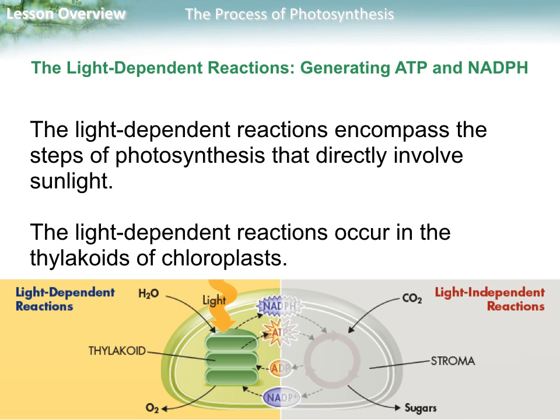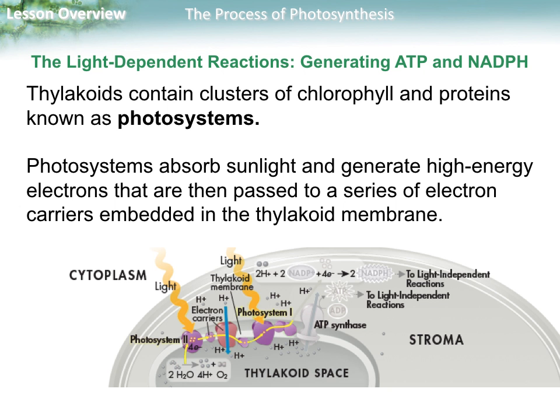So the light-dependent reactions occur in the thylakoid of the chloroplast. So inside those little pancake-looking things is where light-dependent reactions occur. Thylakoids contain clusters of chlorophyll and proteins known as photosystems. The photosystems absorb sunlight and generate high-energy electrons that are then passed to a series of electron carriers embedded in